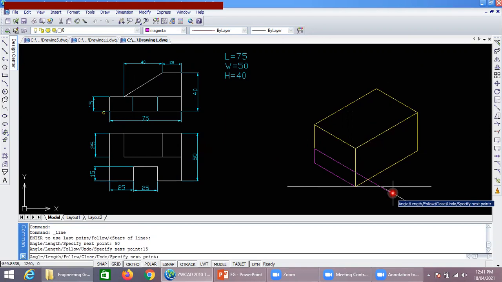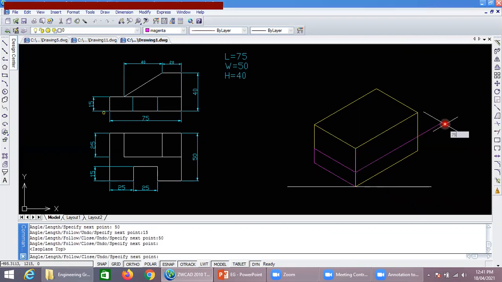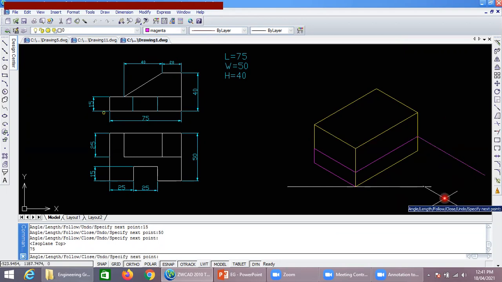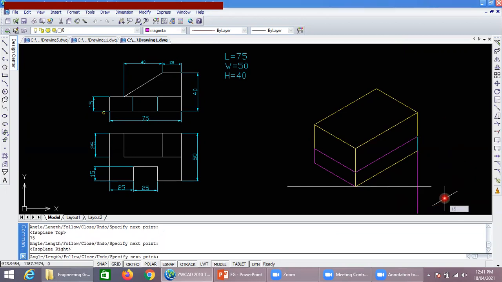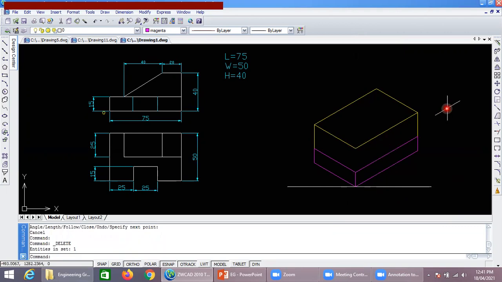Then again the distance is 50, then in this direction it is 75. Again 50, 75 and 15. So this is how the base plate has been constructed.